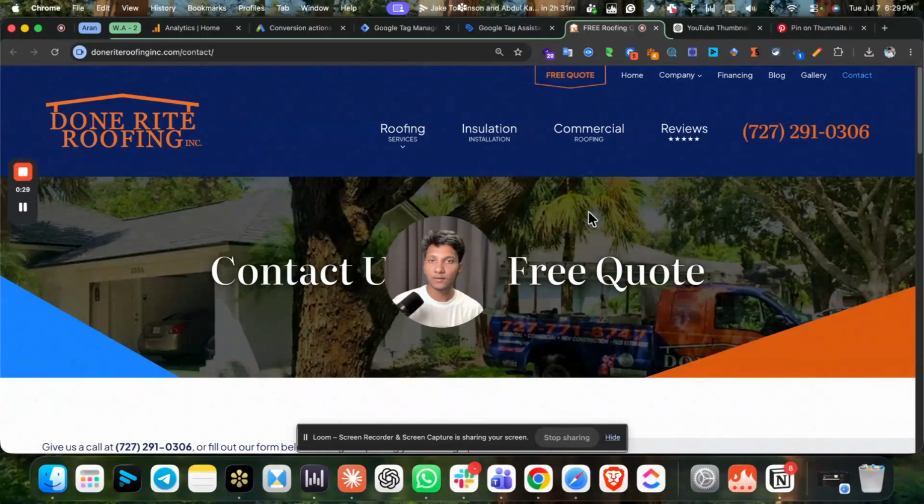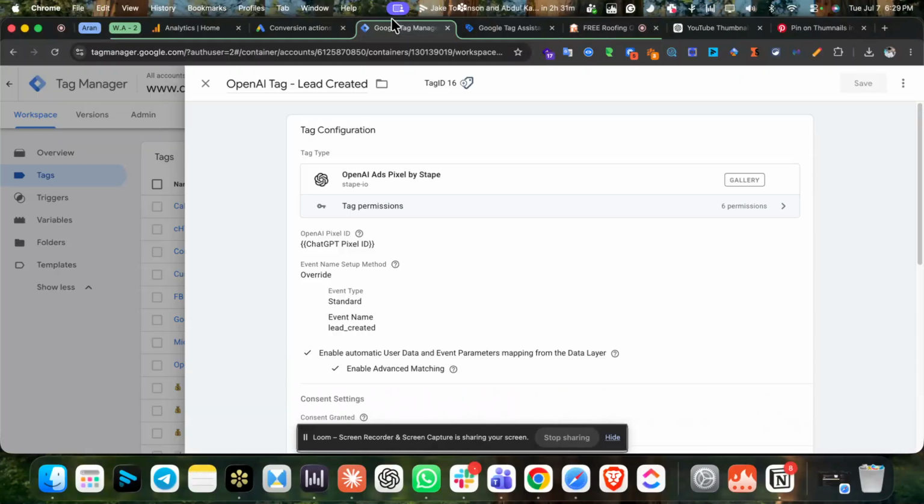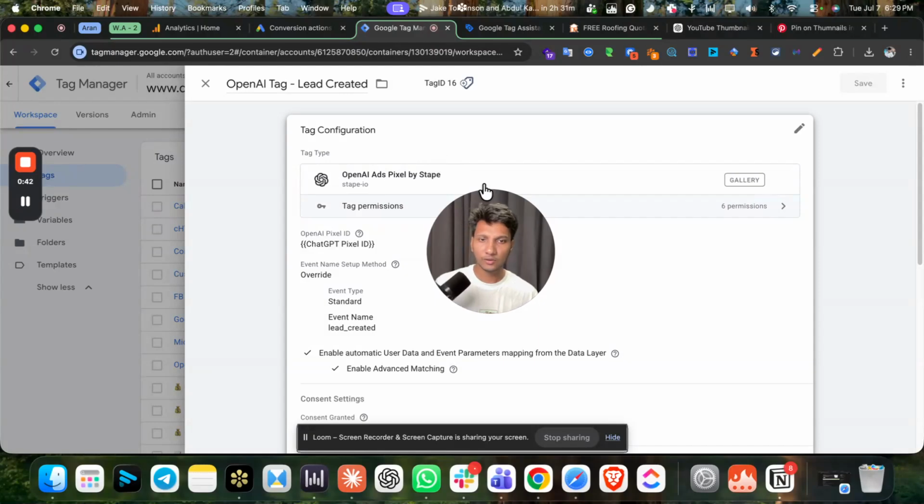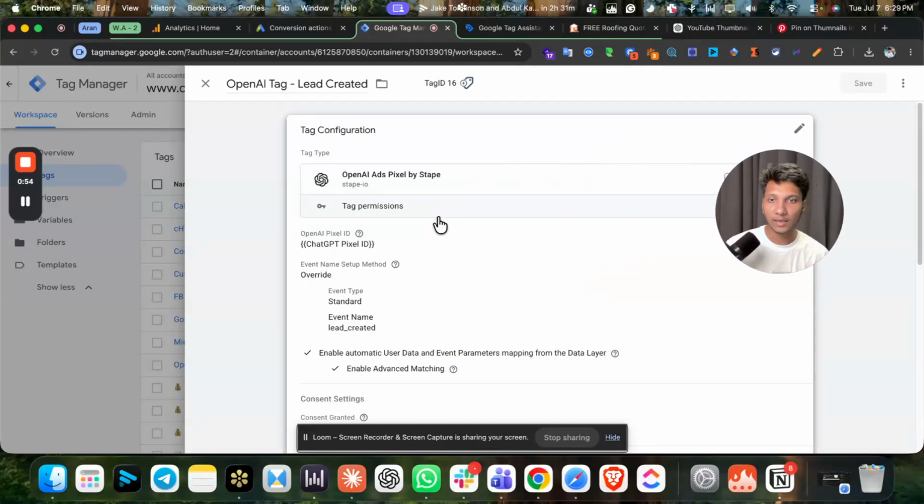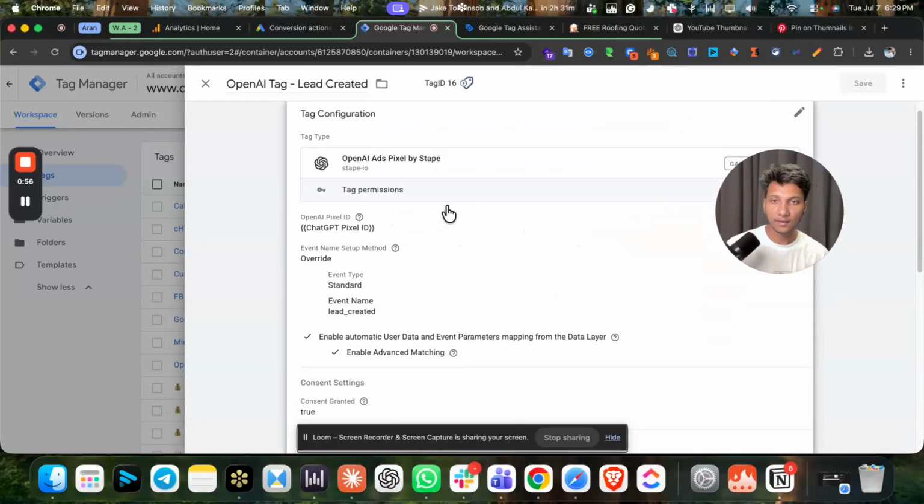The setup process is very simple, but if you don't know about Google Tag Manager, it would be a bit difficult for you. But here in Google Tag Manager, I'll share with you step by step how you can set up the complete tracking. But first, let me share how exactly I set it up for my clients, so you can have a clear idea. Okay, so here you can see we have created a tag,